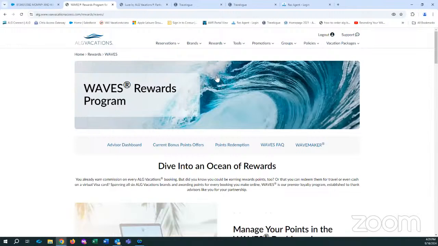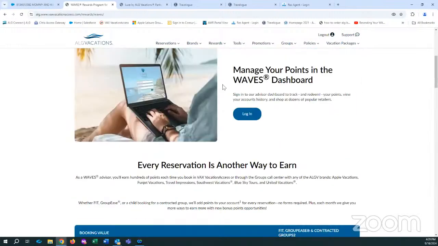Okay, so you do have to claim your dashboard. Waves points do not expire unless you don't book with us at least once in every 12 months, and you have to have claimed the dashboard. So once you make a booking with us, you may not have seen it because sometimes it ends up in your spam folder. It comes from a third party.